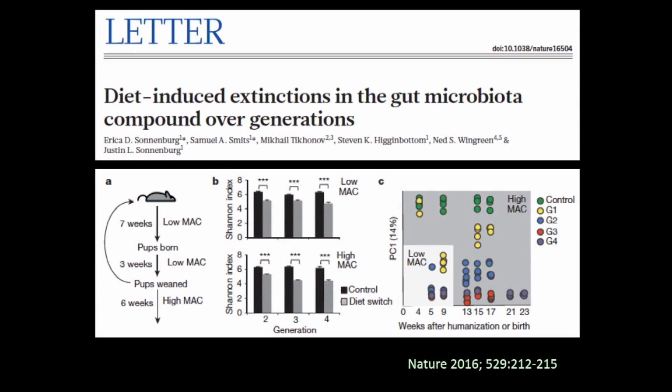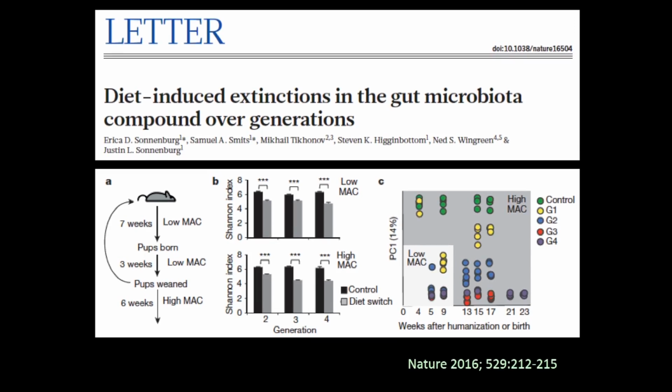And this idea of playing out over time is something, again, that's been hypothesized to be important, the idea of serial successions of community propagation and assembly. This, again, is not just a concept, but has been shown in experimental work, now here at Stanford by Justin Sonnenberg, in a really interesting series of experiments where he altered the diet of a first-generation set of pregnant mice and then looked at subsequent generations of